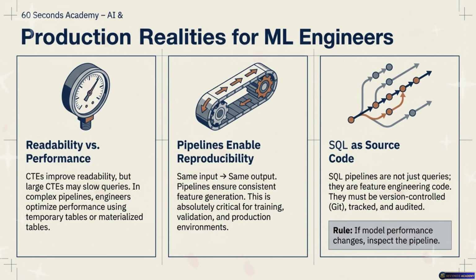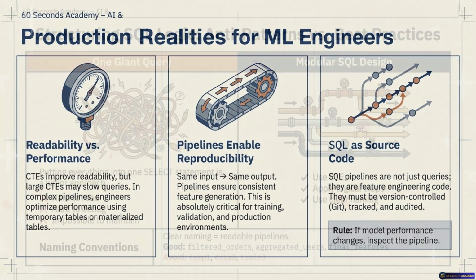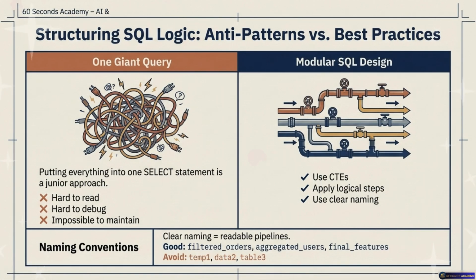If your SQL isn't treated like production code, peer-reviewed, tracked, and version controlled, your ML model is basically a ticking time bomb. That perfectly illustrates why naming conventions and modularity matter so much. If someone writes a giant nested 500-line query without CTEs, you will literally never find that typo. But if you name your CTEs clearly, things like filtered valid orders, aggregated user history, final features, then anyone can read your code, audit it, and actually spot the anomaly. If you name your intermediate steps temp 1 or data 2, you are basically self-sabotaging. Naming is communication. You are communicating your intent to the next engineer who has to maintain your pipeline.